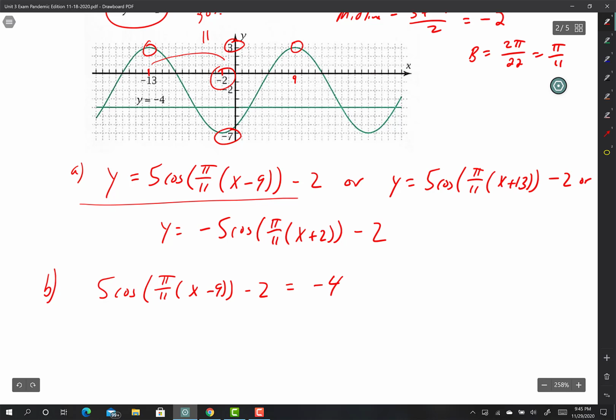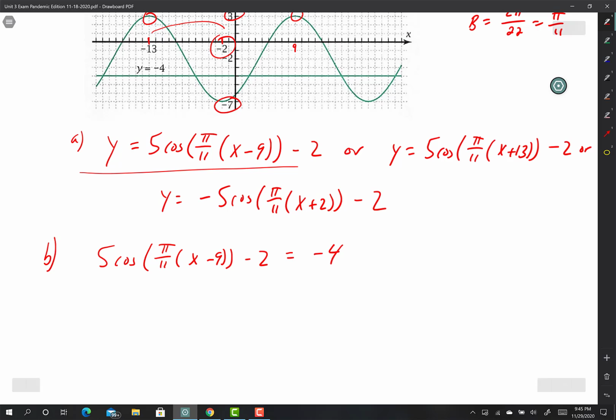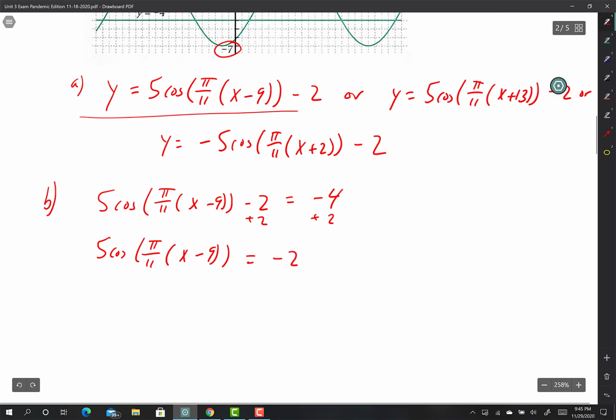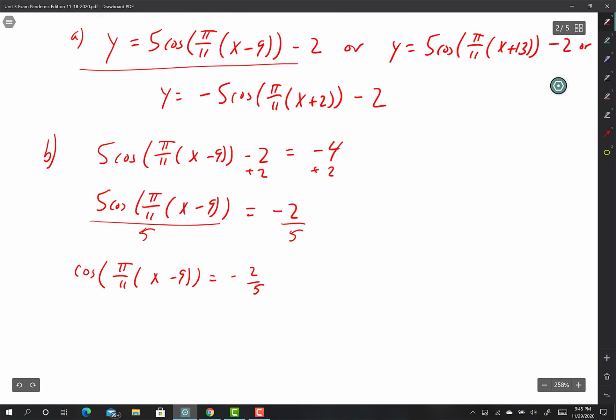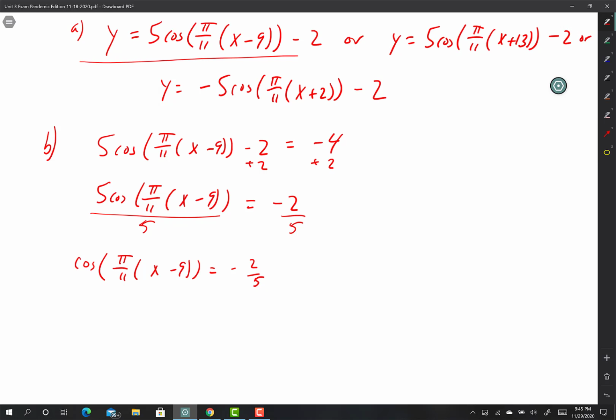And then all you're doing here, guys, is just solving for x, right? So to solve for x, first you add 2. And then you have 5 cosine pi over 11 (x minus 9) equals negative 2. And then you got to get rid of that 5 because you can't solve for x right now. Divide by 5, divide by 5. So then you have cosine pi over 11 (x minus 9) equals a negative 2/5. And then you get rid of that cosine by doing inverse cosine. So you're going to have pi over 11 (x minus 9) equals plus minus arc cosine of negative 2/5